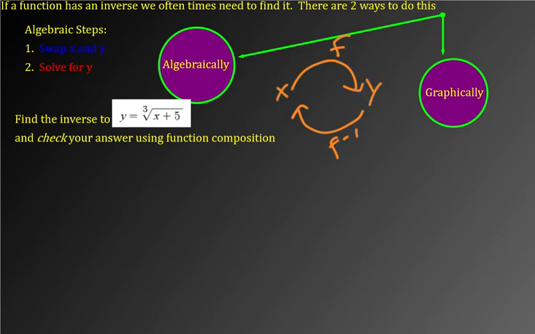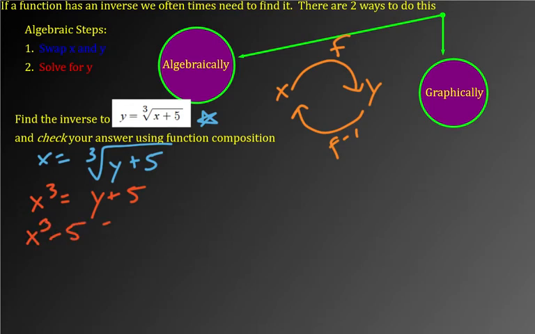So let's just do this one at a time. If I take this function here, if I swap x and y, I literally mean put x where y is, and then y where x is. So that would be the first step. And then we're just so used to functions that are written as y equals. So to get the inverse in a form that we're used to, just turn this thing into a y equals function. So to get rid of the cube root, I'm going to cube both sides. Then I'm going to minus 5. And that would be it. This would be the inverse function